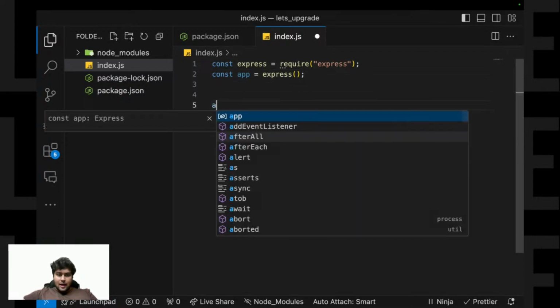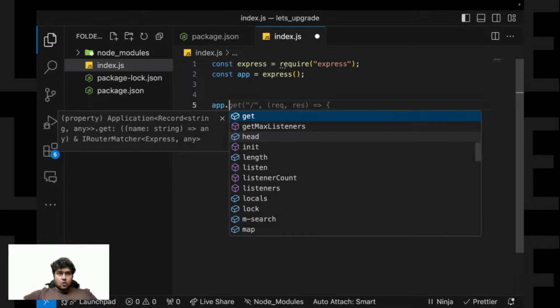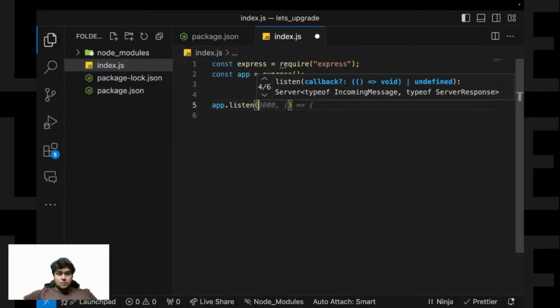So what I'll do, I'll say app.listen. I'll define the port number over here, so let's call it 4000. And again the second parameter will be a callback function which will run if the server is initiated successfully.